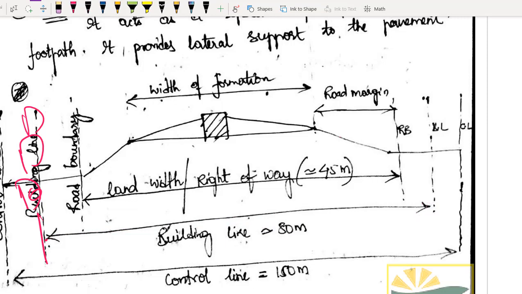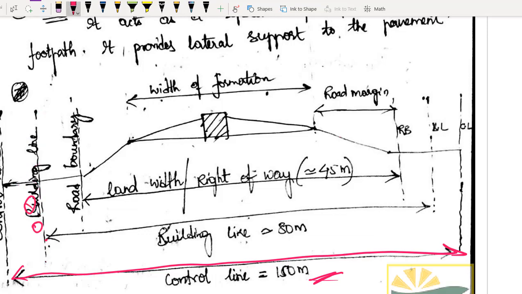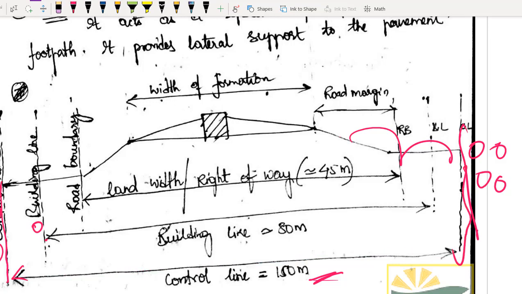याद रहेगा. And next we have control line. Control line will be 150 meters. Okay? This is my control line. So control line कितना? 150 meter. Control line का मतलब क्या है? Even though you have buildings here, in future if they want to expand, they can expand up to this control line. यहाँ पे अगर आपका घर है, if you have a home beyond this control line, then you are safe. ठीक है? If you are in this zone also, now you are safe. You can construct from here area. But in future, if it demands expansion, then obviously ये cut कर दिया जाएगा and it will be converted into multi-lane road and यहाँ तक आप ले सकते हो. This is called as control lane. Up to here, you have full control of roads. I hope you got it. समझ में आ गया concept?